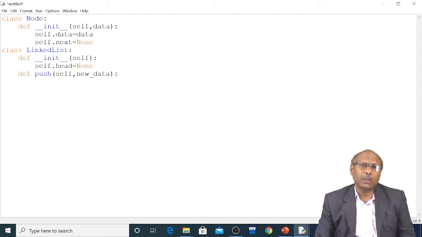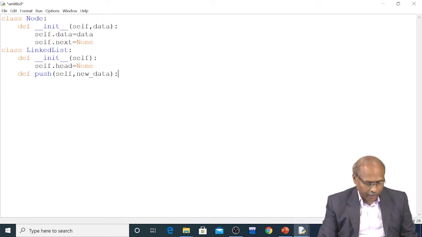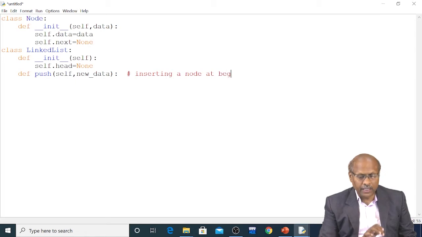So here I want to push. That means I want to insert. Push is nothing but insertion. Remember, here you can also write a comment, hash symbol. In Python, hash symbol is a comment. Push is nothing but inserting a node at the beginning.